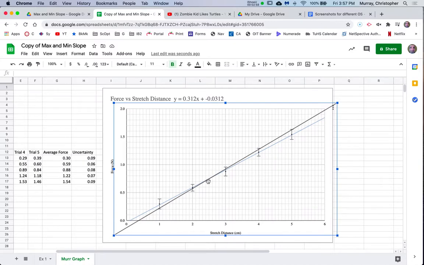So, and then, just for fun, I'm going to post a video on using actual statistical tools to find the uncertainty of the slope, which doesn't take into account, by the way, the error bars, just the slope itself. Okay. Now that's one of the points. Let's insert another